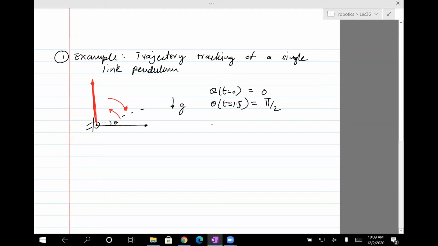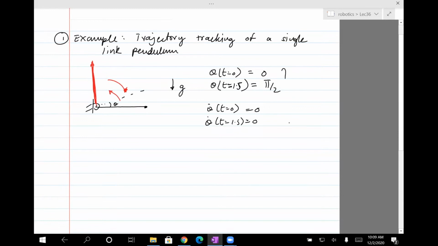And so we also want to ensure that at time t equals 0, the position is 0, and then the velocity at 1.5 is 0, right? So based on these 4 conditions, we can write a formula for a polynomial which basically ensures that all the 4 conditions are met, and that would be something like this. It would be a third order polynomial,